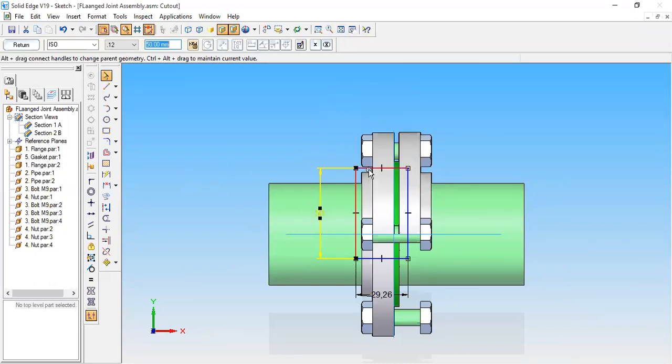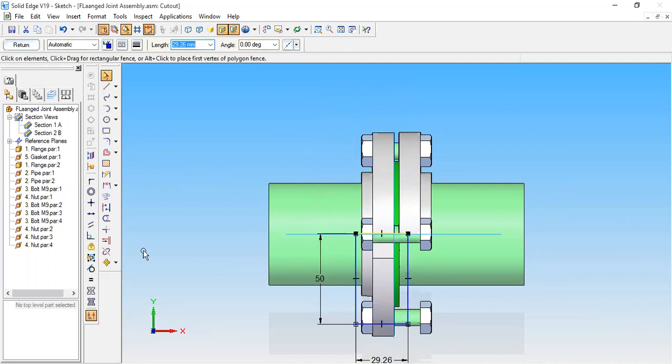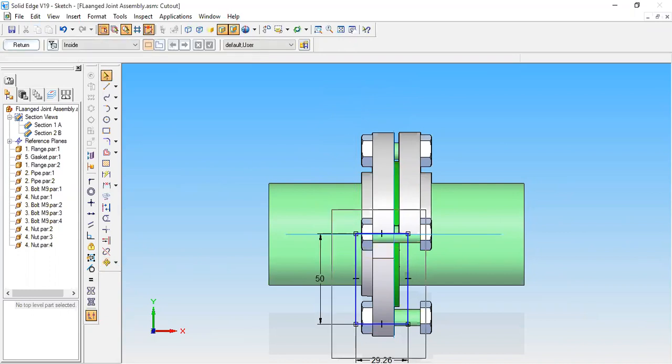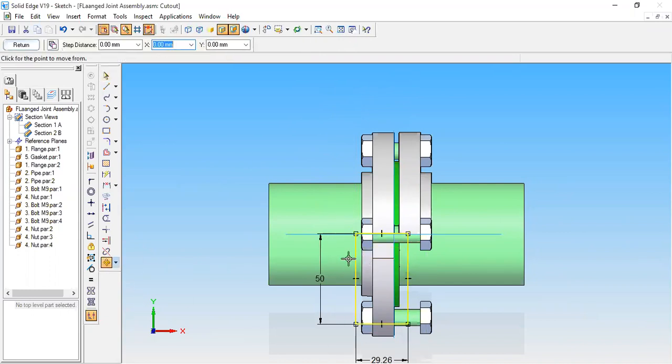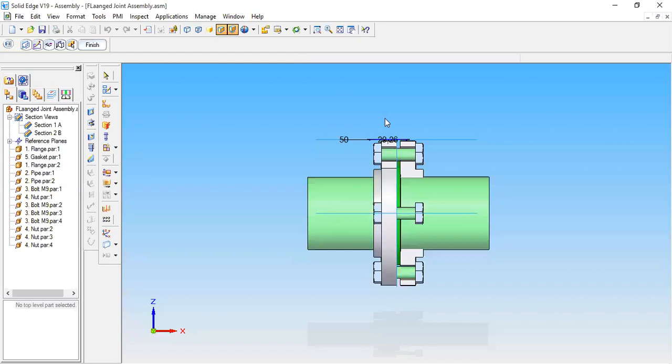Yeah. Yes, 50 is sufficient. So 50, and after that